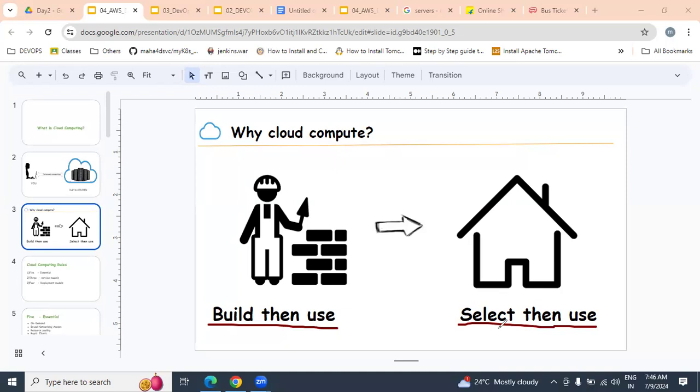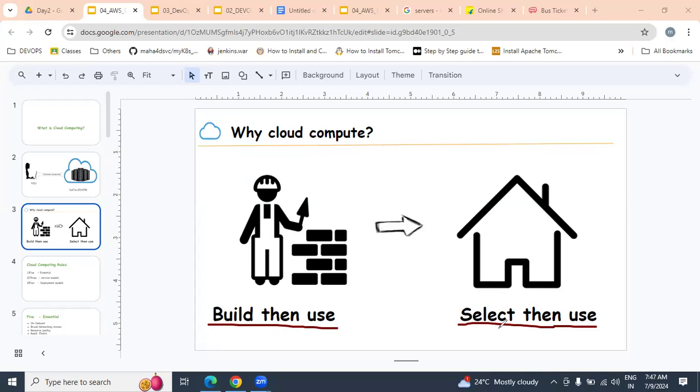Example, you want to go to the railway station from your home by car. How many ways can we get a car? Two ways. The first one is what? Buy your own car and use it. Second, get a rental car, which is easy for you. Just for reaching a railway station, would you go to the showroom and buy a 10 lakh car? Or else book an Ola cab, a rental car.